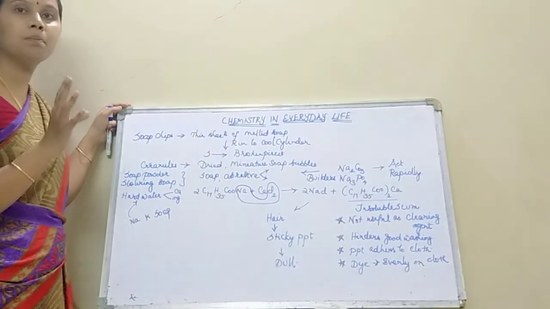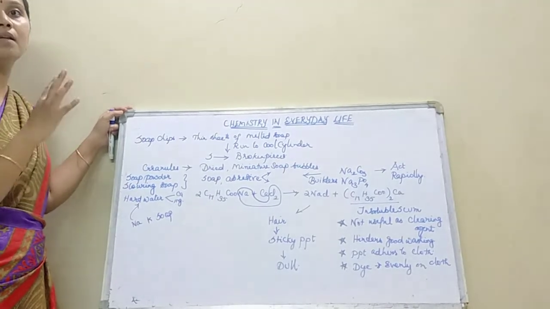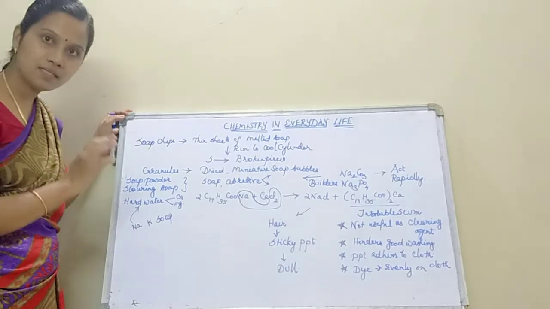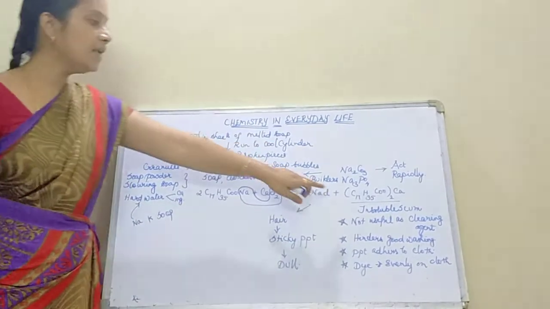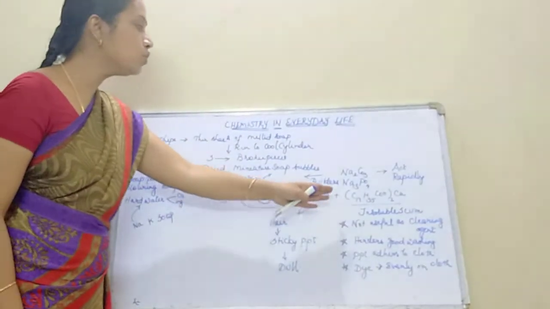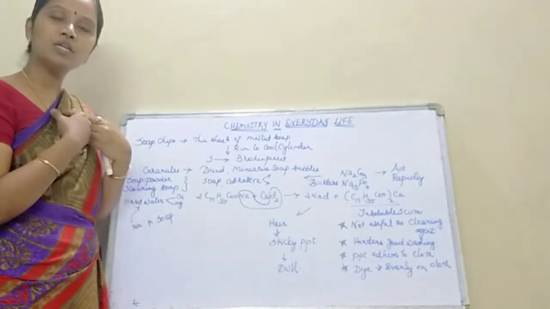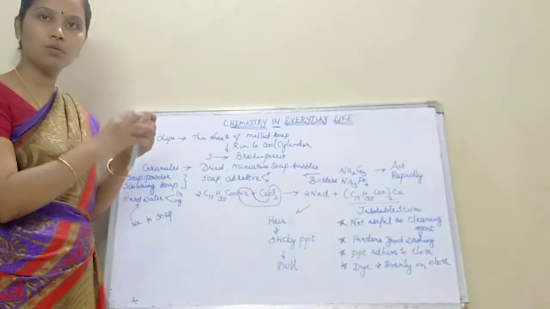So whenever sodium or potassium soaps act in hard water, sodium chloride is removed and insoluble scum is produced. When an insoluble scum is produced, it hinders the action of the soap. What is the action of a soap? The action of soap is to remove dirt, oil or fat globules which bind to the